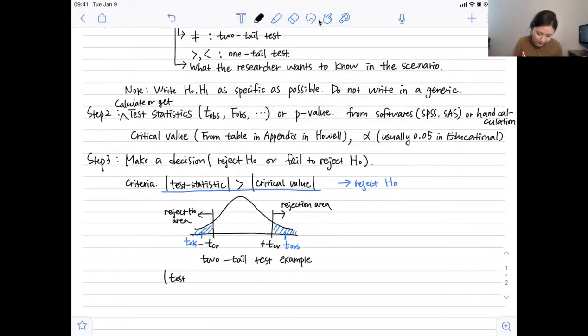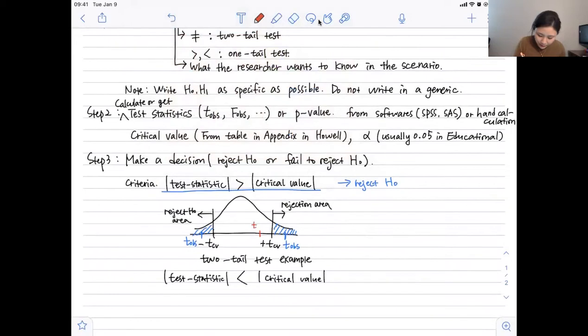If the test statistic is less than the critical value, so my T observed value is here, or here, my T observed values are not in the rejection area, we fail to reject the null hypothesis. I'm gonna show you a one-tailed test example with